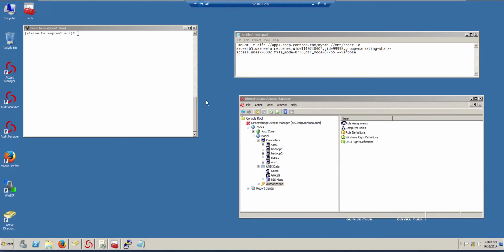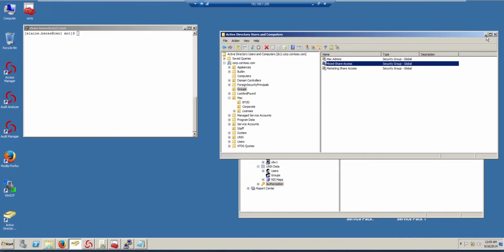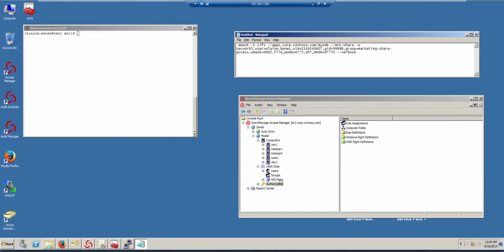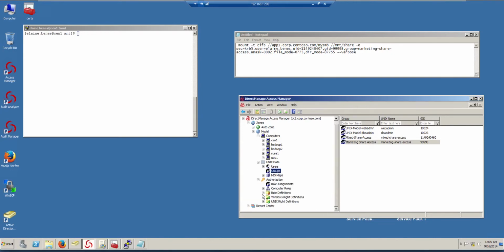So a quick recap of what we've done so far. We have a security group in AD. It's called marketing-share-access, with Elaine as a member. If we look at the group in Unix, it has this name with 99998 as a GID. At the same time, we've also created a role for Elaine because she doesn't know the root account and she should not know it, but she should have the ability to mount